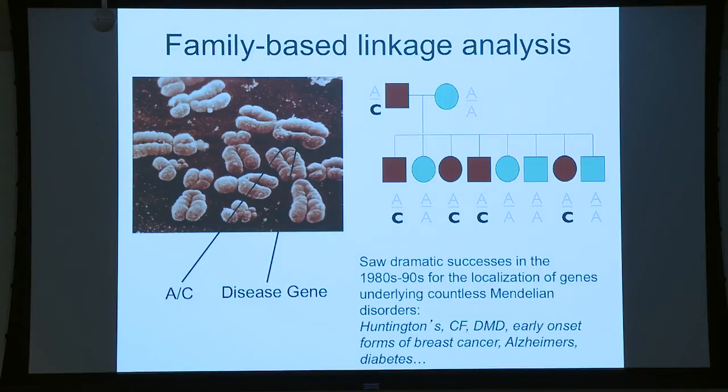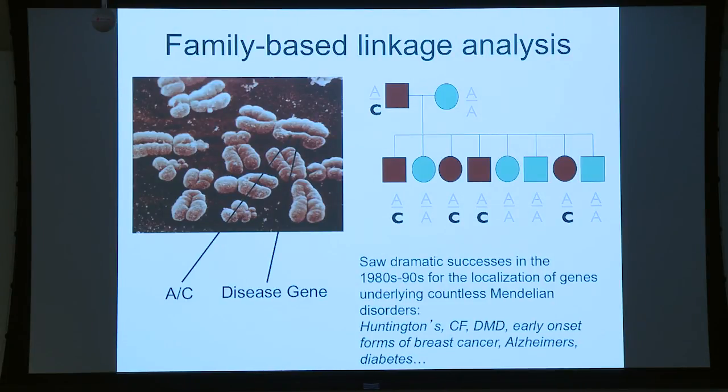advance of any ability to molecularly understand or discover DNA polymorphic markers and effectively screen the genome for linkage. The first real successes happened right at the end of the 1980s with the localization and then eventual identification of genes for Huntington's disease, cystic fibrosis, Duchenne muscular dystrophy, and several others. And then through the 1990s, this strategy and follow-up molecular work to identify genes and mutations gave us in medical genetics a revolution of molecular understanding of the basis of rare and severe and inheritable genetic